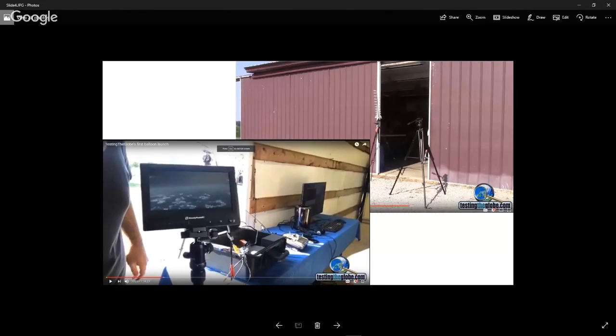Okay, for those of you who don't know, a DVR is digital video recording. Now some of these monitors come with them. I can verify for you that this particular model, yes, I did look it up, from Ready Made RC does not have a built-in DVR, but if you are going to send up equipment which is going to go out of your sight and you have to go looking for it,